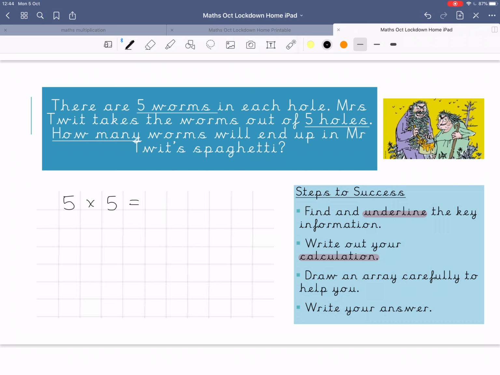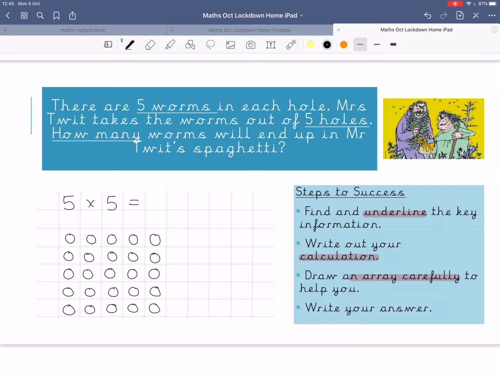Right, now I need to draw an array carefully to help me, okay? So let's see, 1, 2, 3, 4, 5. That's one group of 5. 1, 2, 3, 4, 5. That's another group. 1, 2, 3, 4, 5. I've got 3 groups altogether. I want 5. 1, 2, 3, 4, 5. That's 4 groups. 1, 2, 3, 4, 5. That is 5 groups. And because obviously we know by now multiplication is commutative, I can look at it in